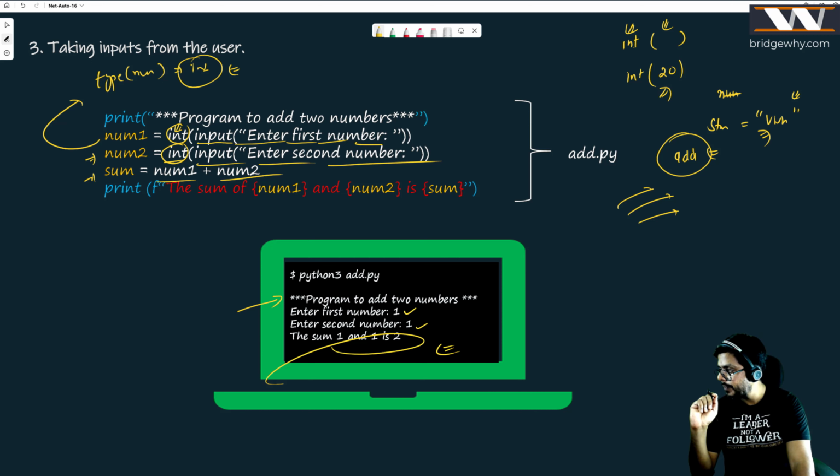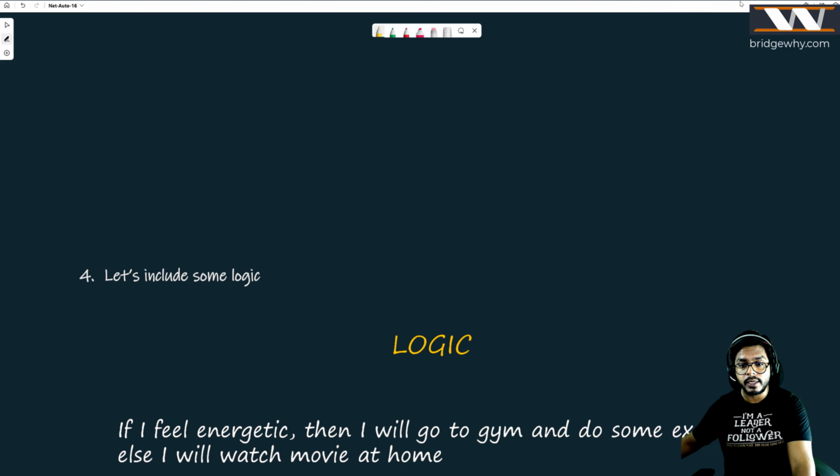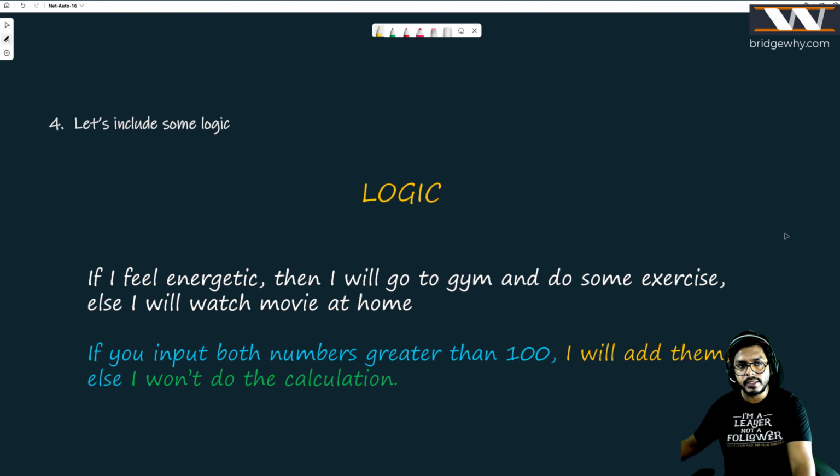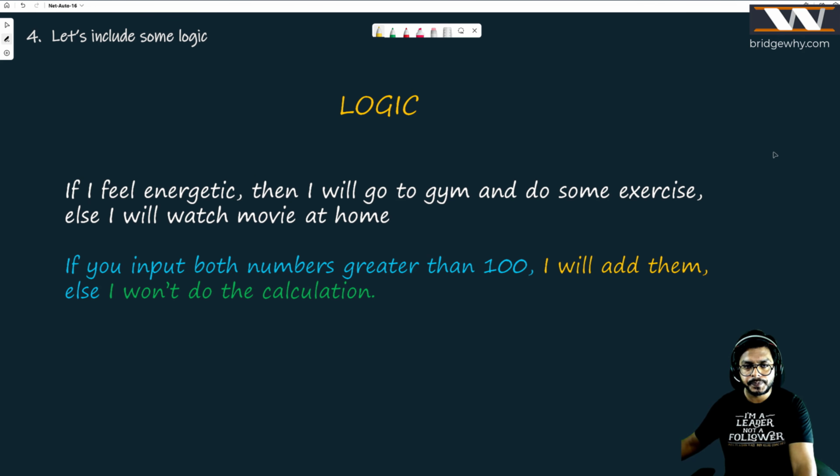Now, it is the time to add some logic into this program. These are simple statements. We have two numbers. We are just printing the sum of it. But what exactly is the logic? If you want to understand the logic, let's try to understand these two statements, right? Basically, logic is everywhere. You use logic in many statements in your daily life. Try to understand. Many times you say that when I feel